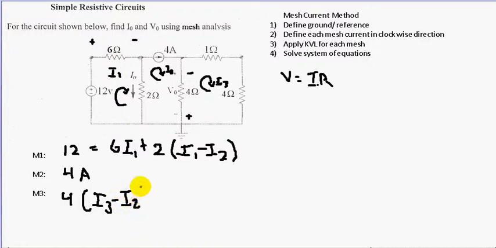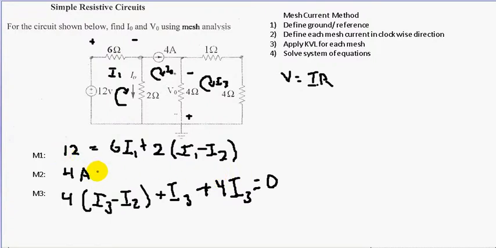So that's I2 plus 1 ohm times I3, which is essentially I3, plus 4 ohms times I3 is equal to 0. Now,